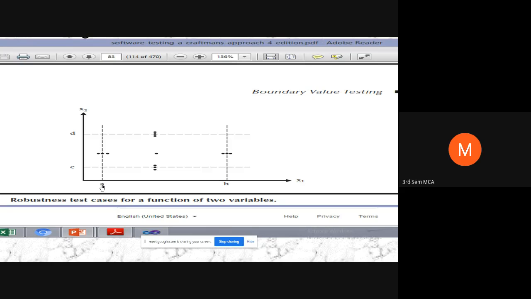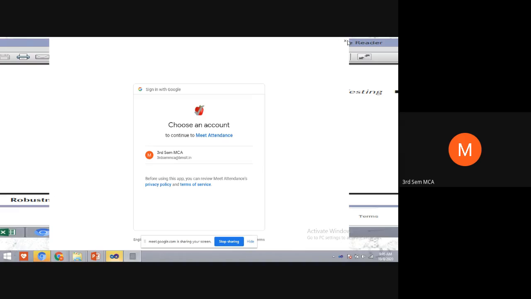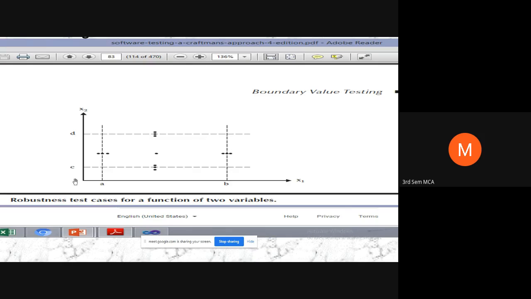See this diagram, this is the range. The minimum range is A, the maximum range is B for the x1 axis. For the x2 axis, the minimum range is C and the maximum range is D. See here, the value lies between the range in both cases. If the value is more than D, for the x2 axis the maximum range is D. If I give an input more than D, then what happens?